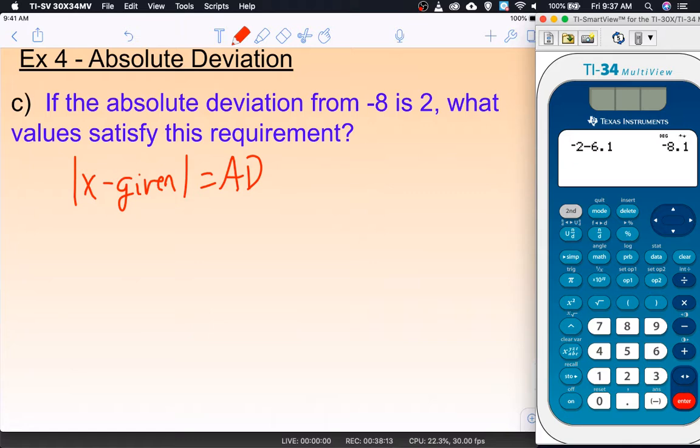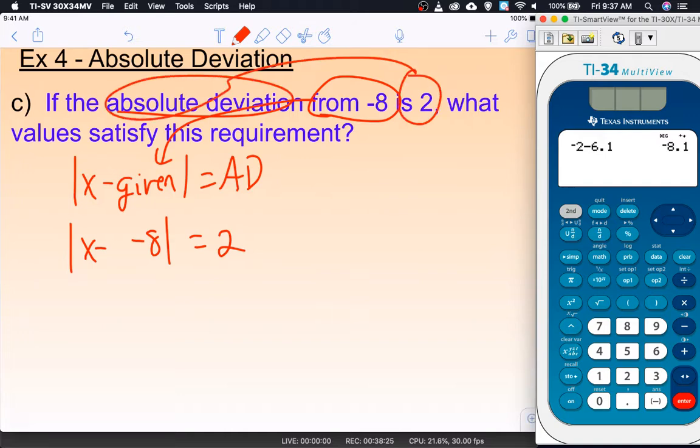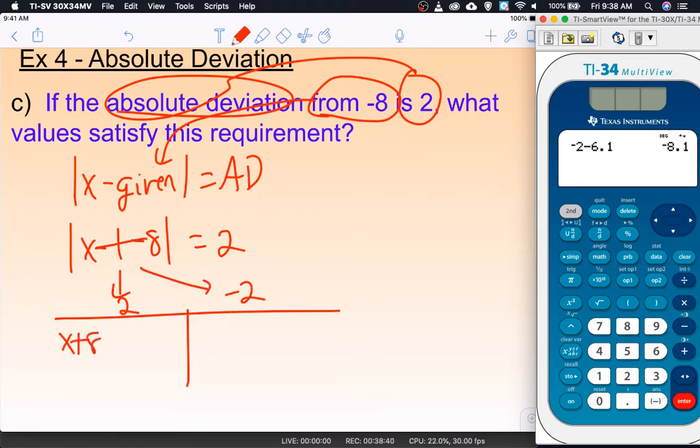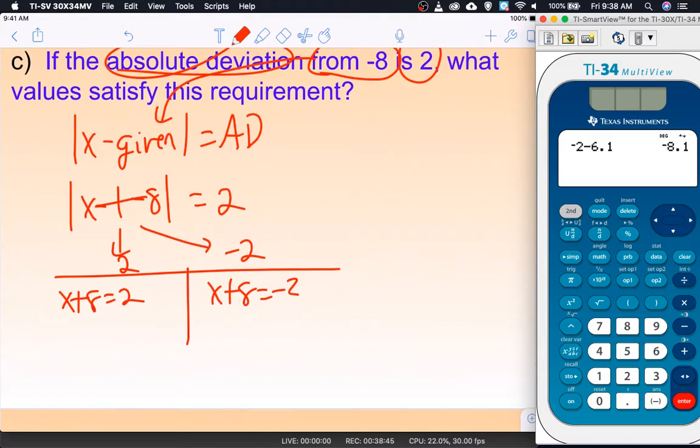All right, so let's see. Absolute value of x minus, we're deviating from -8, and the deviation is 2. Absolute deviation is 2. I'm going to simplify minus a -8 into a +8. And so we want this to equal a +2 and this to equal a -2. So x plus 8 equals 2, and x plus 8 is a -2. And we solve. X equals -6,